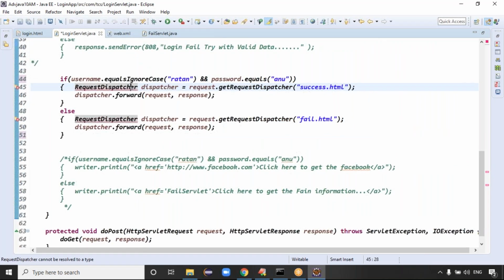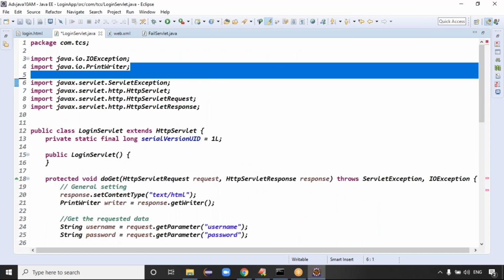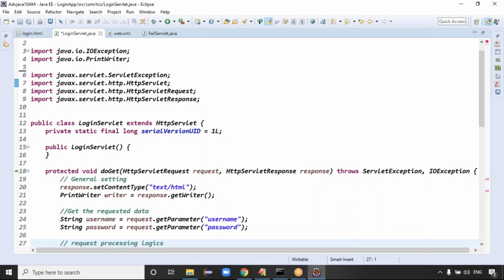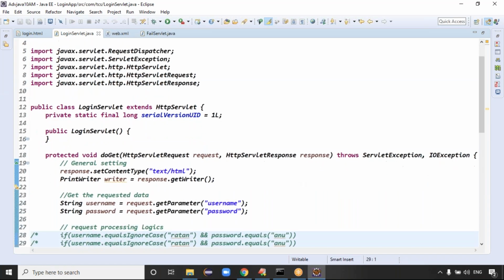Getting the login details. See guys, if the username and password are a success, I want to redirect my request to the success servlet.